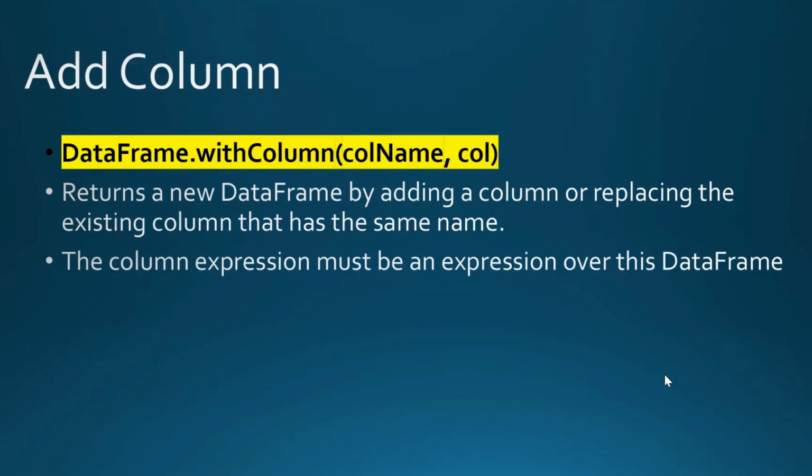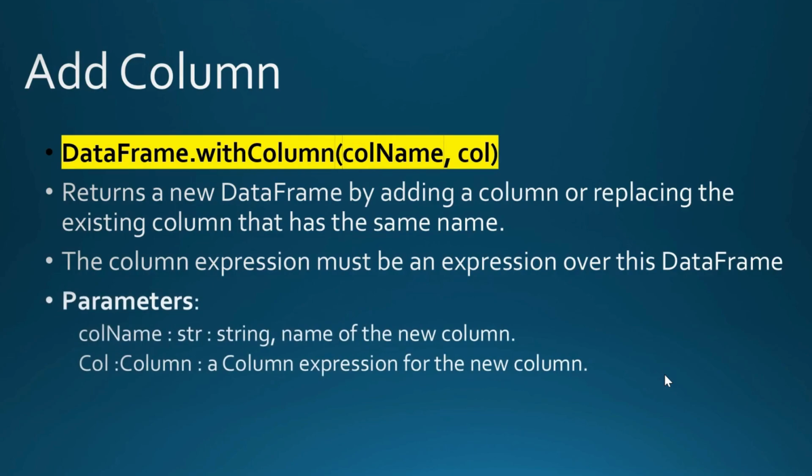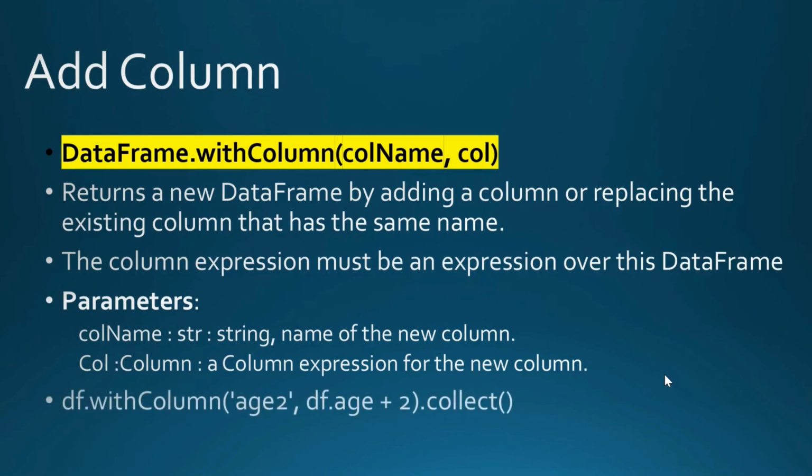The column expression must be an expression basically. We have already discussed in the previous session what exactly a column means. It could be an expression like concatenating two columns, and we can put that expression into a column. Then what parameters does it need? First is the column name, which should be a string type, and the column expression for the new column or the existing column that we want to replace. It is displayed as an example here: you mention your data frame name dot withColumn, your new or existing column name, and your expression, and you can do a collect to get the output. We will see this in the practical also.